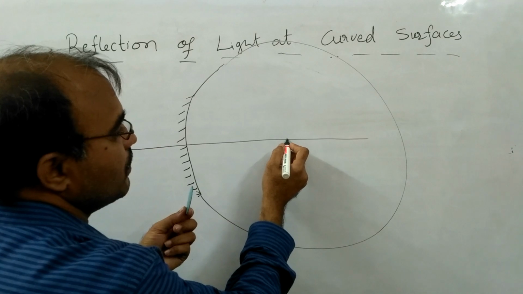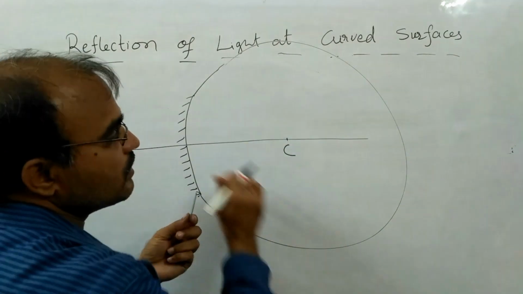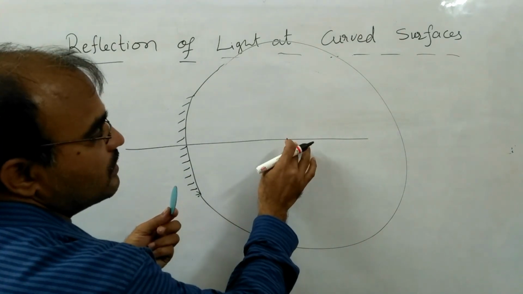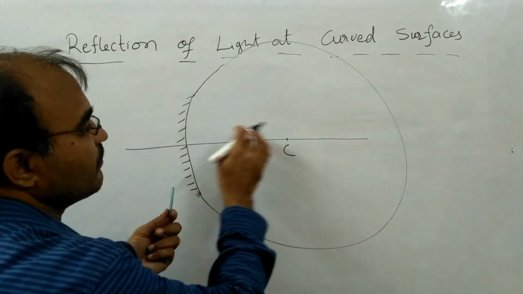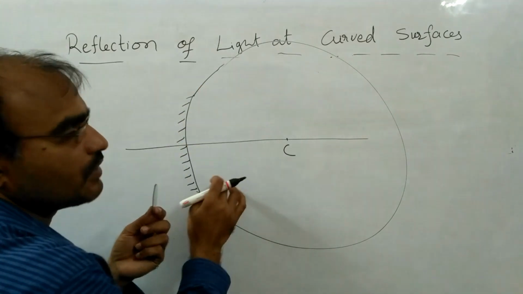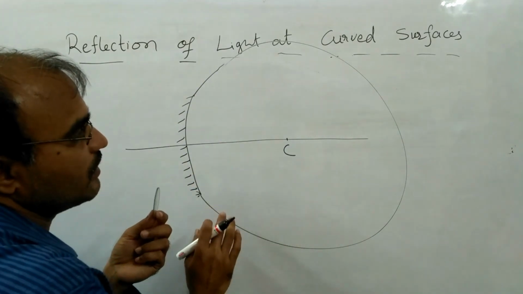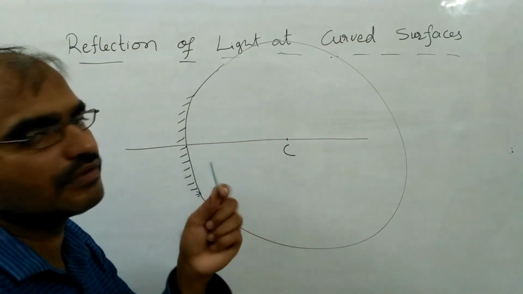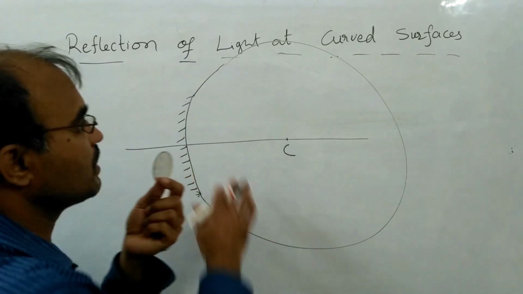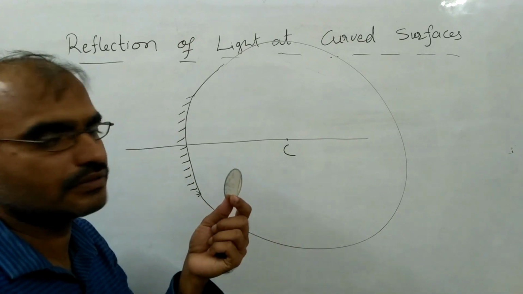So, you know already, for a sphere there will be a center, and this center won't be on the sphere as it is hollow. Right? And C is called the center of the sphere. And this mirror is a part of the sphere. I think you are understanding. The mirror is a part of the sphere. That is why curved surfaces, in this case curved mirrors, concave mirror and convex mirror, are considered as parts of the sphere. So that is why they are called spherical mirrors also.